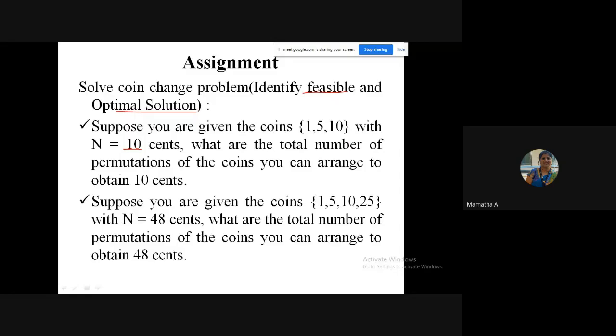Okay, this we can just work out. You can see 10 coins of one denomination, 2 coins of 5, right? Otherwise, there are several combinations which you can find here, right? And one of the optimal solutions is having 1 coin of 10. That's sufficient, right? So similarly, you have the 2 problems. Just try to solve them and just try to identify. Okay, we will wind up here.